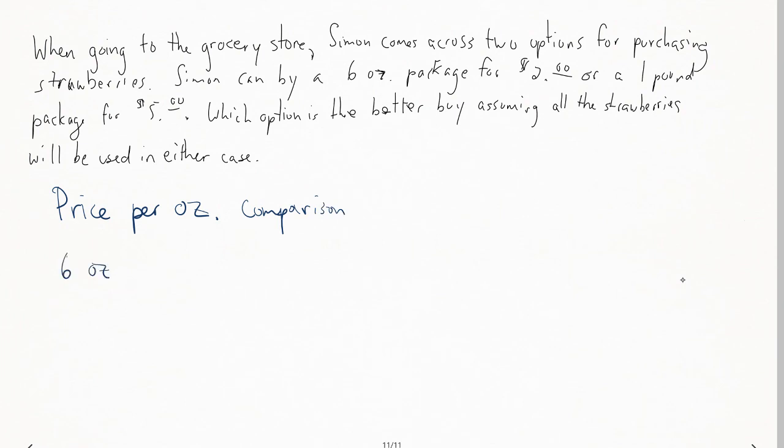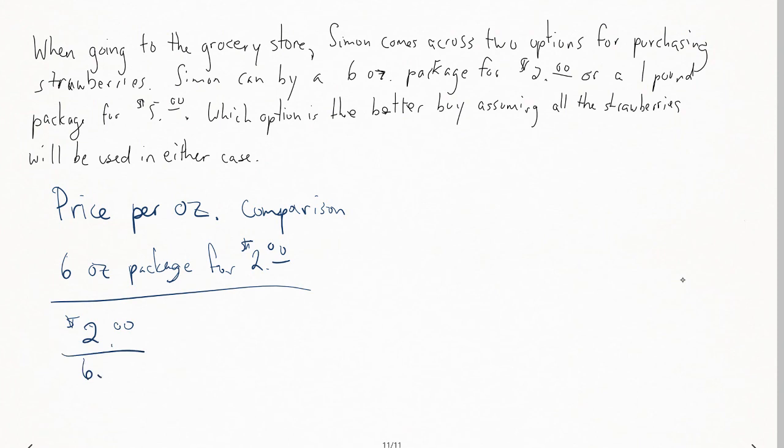So the 6-ounce package for $2. What does that equal? Well, that becomes $2 divided by 6 ounces, and so that's 1/3, right? Or approximately 0.33 per ounce. All right. In the other case, we have a 1-pound package